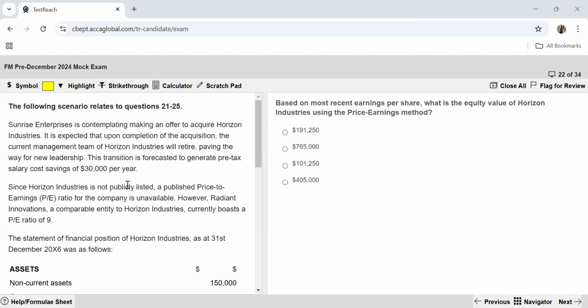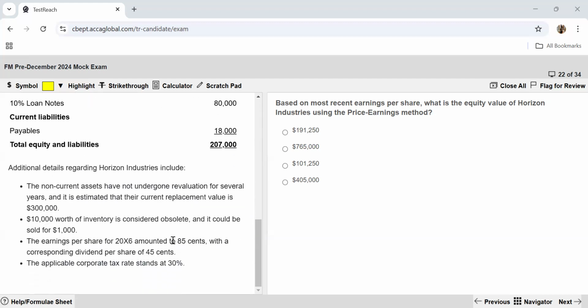All right, so this is the second requirement pertaining to this scenario. Based on the most recent earnings per share, what is the equity value of Horizon Industries using the PE ratio method? According to this method, we have to take the earnings, we have to take the number of shares, and that will be multiplied by the PE ratio. The PE ratio for this company is not given, but we can take the substitute one, which is 9. So 9 needs to be multiplied by my earnings. My earnings were given to me as